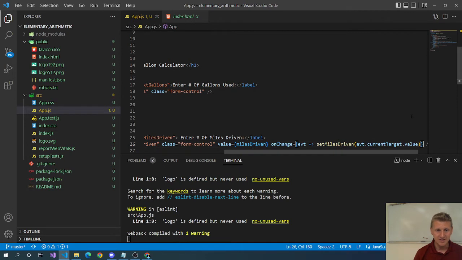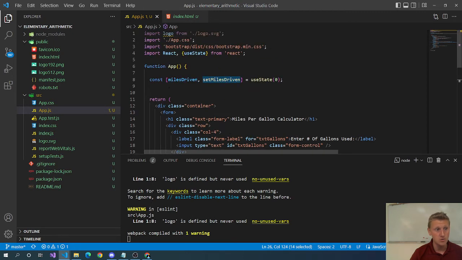So basically what this is doing is passing the value out of the text box that is stored in event current target value, pass it to the function set miles driven, and because we're calling set miles driven here, that is being used to change the miles driven variable here,